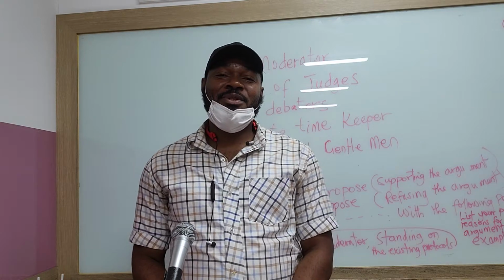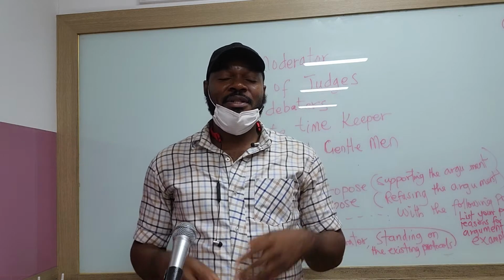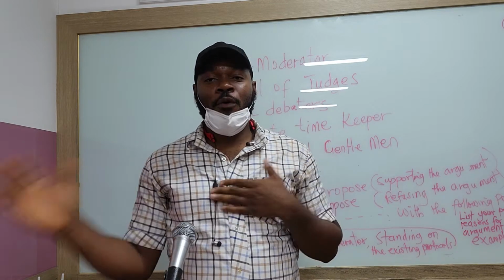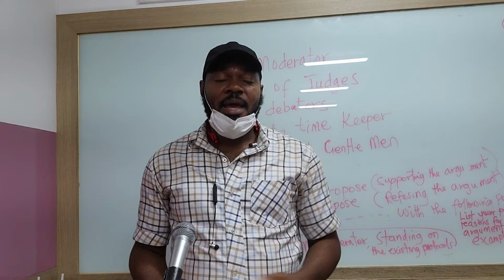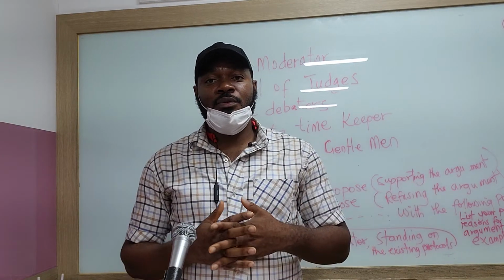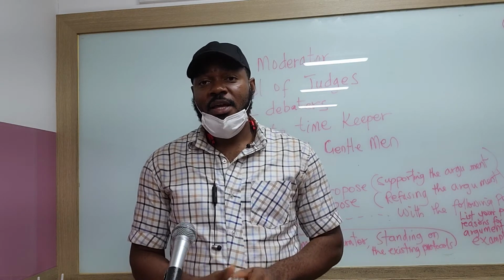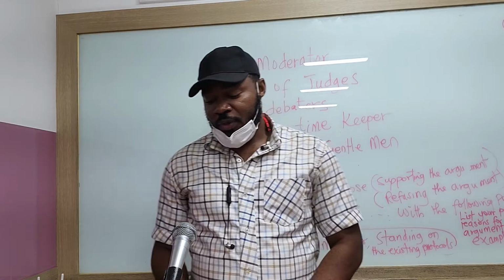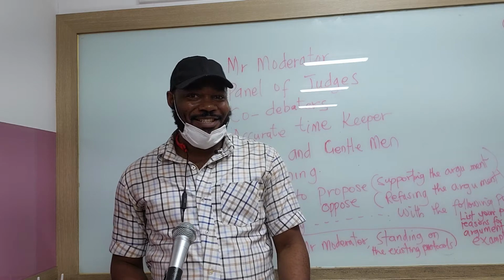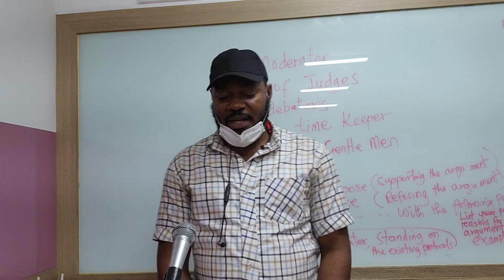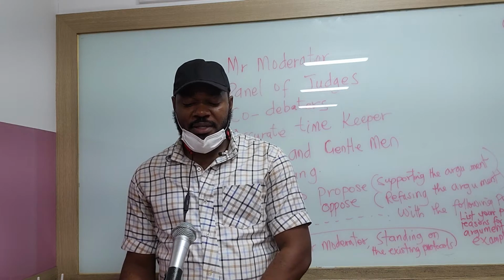So today's class was supposed to be a debating class where we would have two teams, all right? The two teams should be the for team and the against team, so people who are proposing the topic and the other team that is supposed to refuse or oppose or reject the topic. Okay, so that's what we were supposed to do today. But yeah, we're still gonna do it anyways. Either way, it's okay.